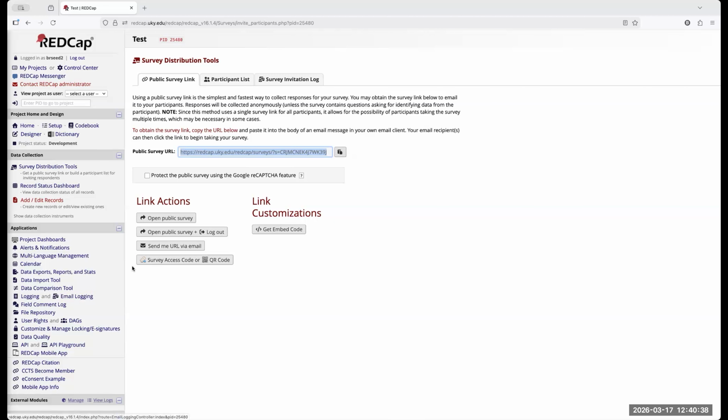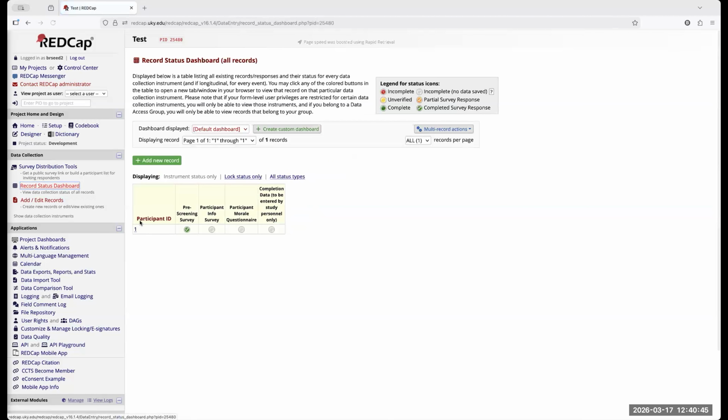Now, if you wanted to do some report writing on the information that you've collected, your record status dashboard is where all your data will sit. It'll be just a list of all the data that has come into your project for the entirety of your project. So unless you have physically gone in here and manually deleted some data, that's everything that's come into your project. Each person will be separated and have their own little row. If you had 10 or 12 surveys, they would all be listed across the top here.